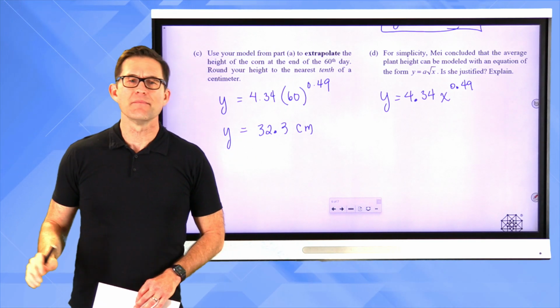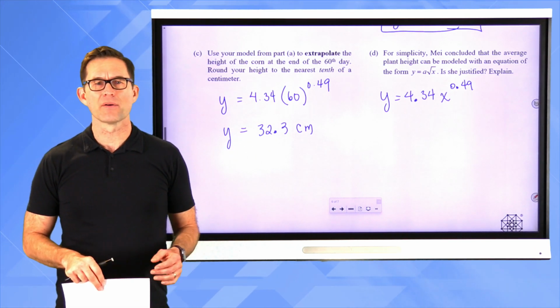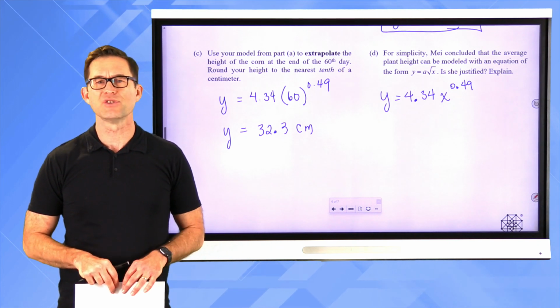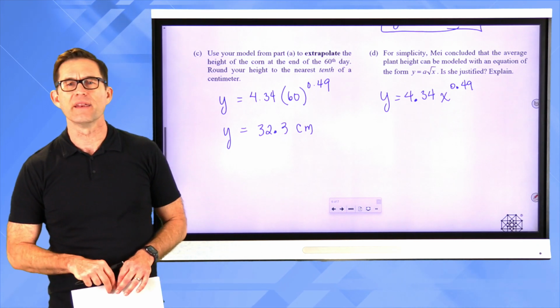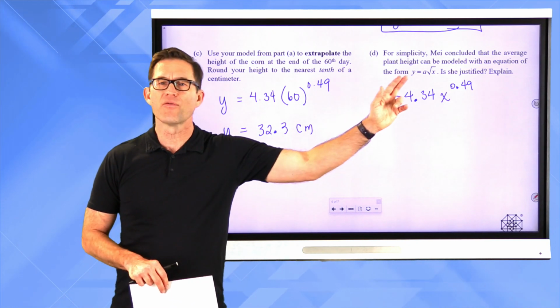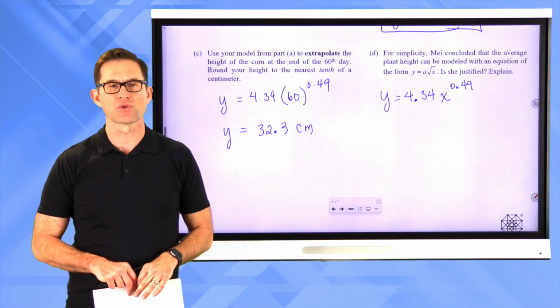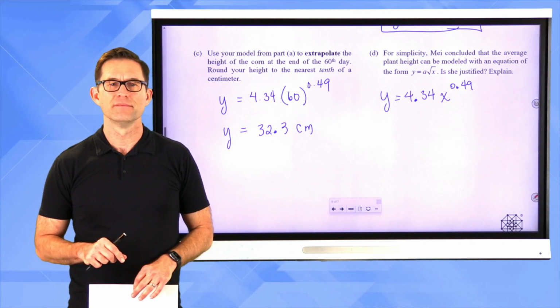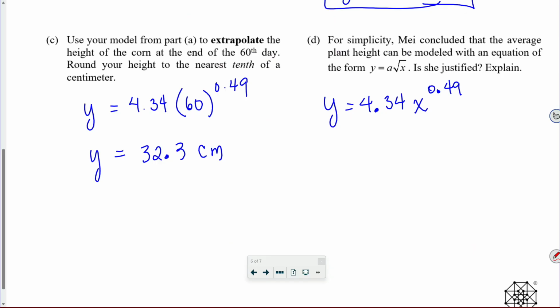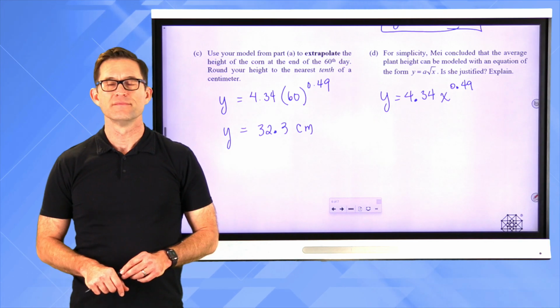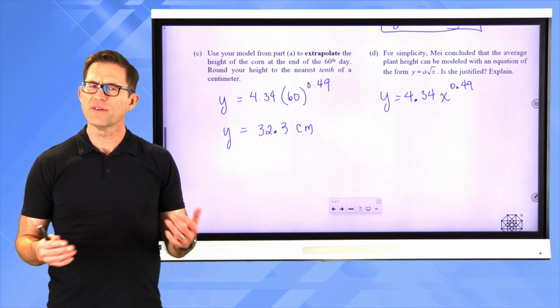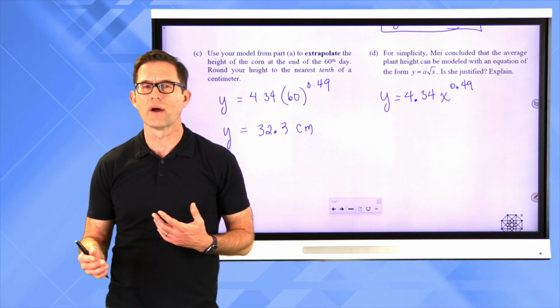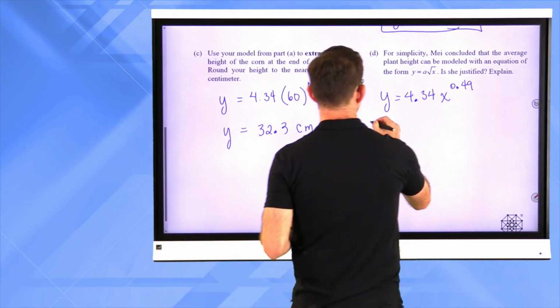A lot of times in math, we do want to kind of simplify models so that we can think about them a little bit easier. Would May be justified in simplifying her model into the form y equals a times the square root of x? Pause the video now and think about that a bit. All right, well, I would say yes. Now again, this is a little bit of a discussion. I would say yes,